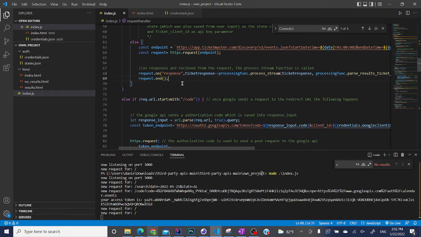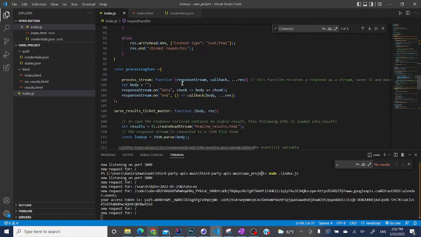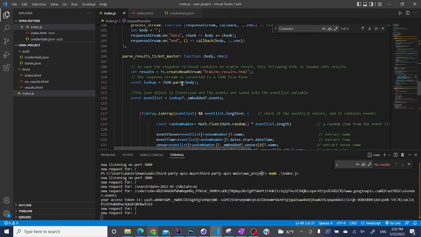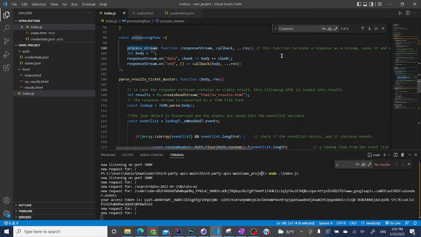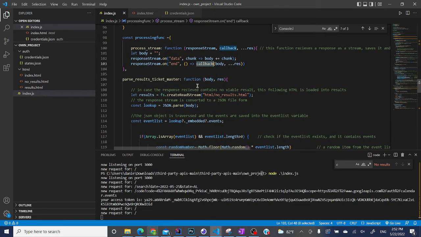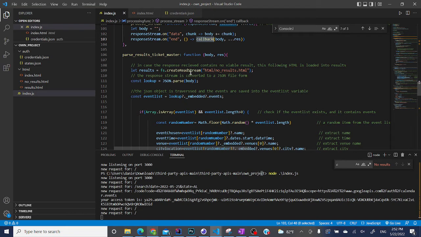The request is already done. Now let's go down. Once this is happening, we will go to process stream. What process stream is going to do, it will receive the response, it will save it into this variable called body, and then it will call some function callback, and in our case right now it will be the Ticketmaster parse results. What it will do, it will create a read stream